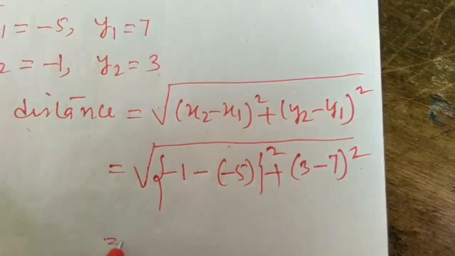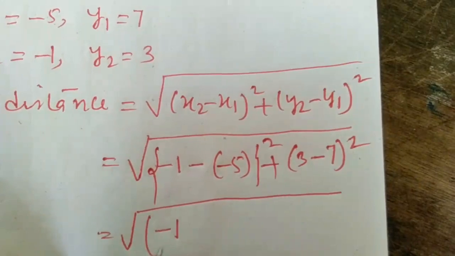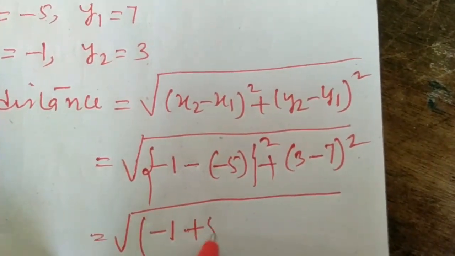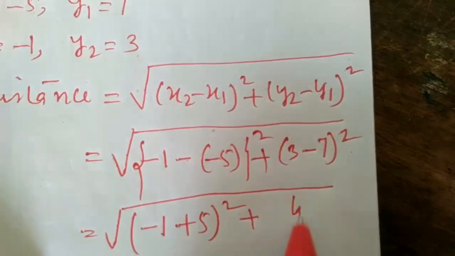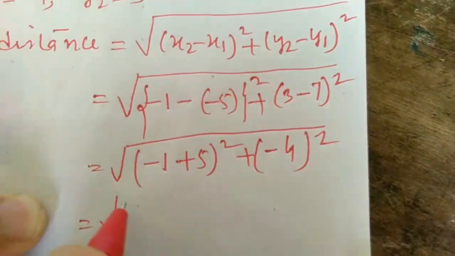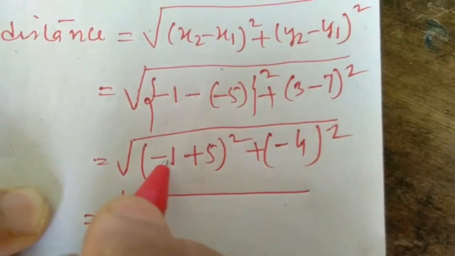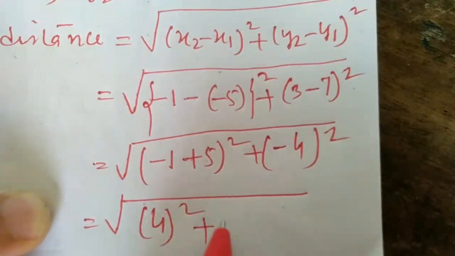Okay, root over minus 1 minus into minus plus 5, 3 minus 7 is your negative 4. Alright, root over 5 minus 1 is your 4, positive, 4 4 is 16,